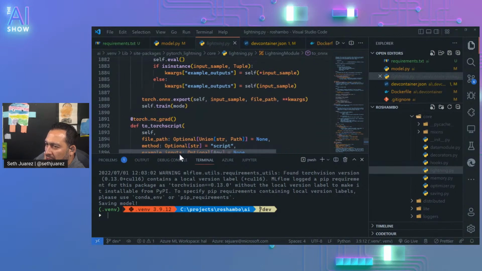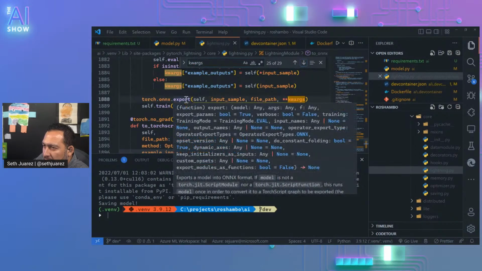We'll find all the kwargs. torch.onnx.export. Here we go. There's got to be a way to rename output names, input names. That's it. Output names and input names.